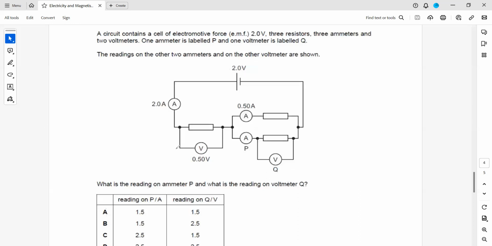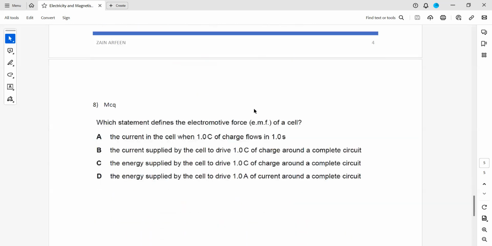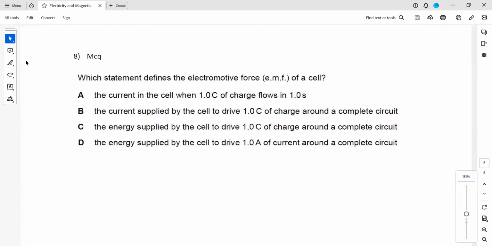Question 7. In question 8, again, it's a similar question about the concept of electromotive force, or EMF. Which statement defines the EMF of a cell? The EMF of the cell is not about the current, so A and B are totally wrong. It's the energy supplied,